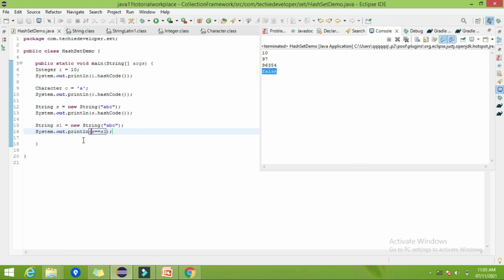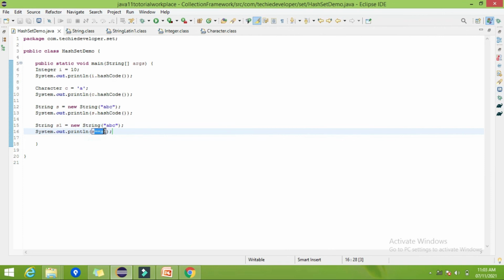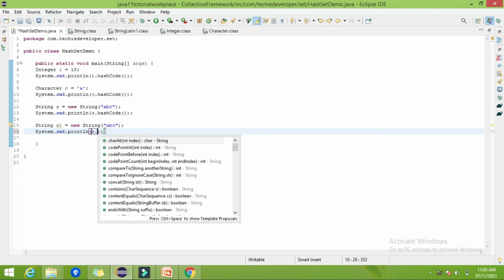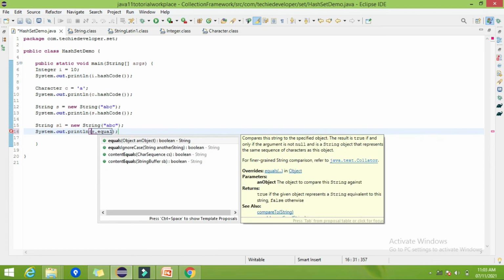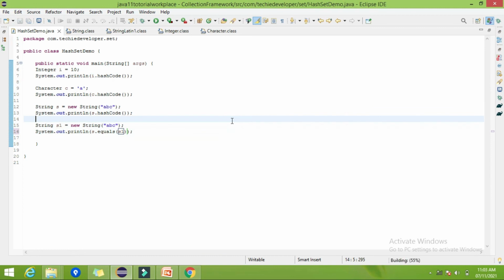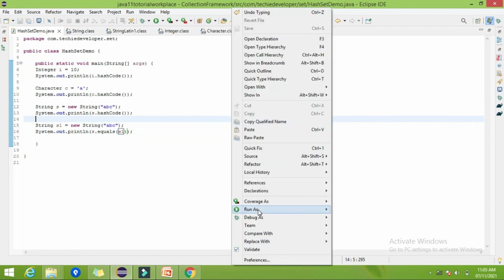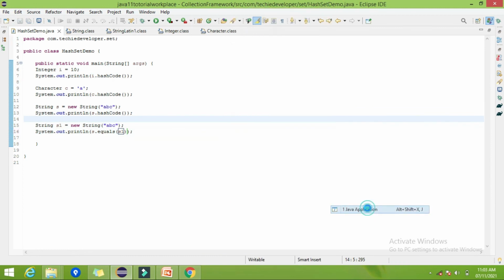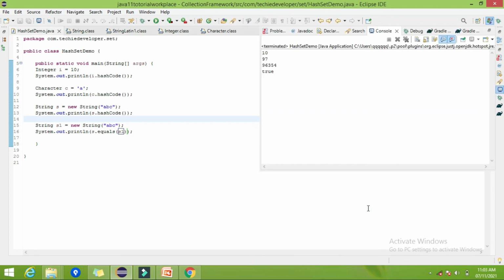So if you write the equals method with s1, then you will find it is returning true. Here it is. So the String class has already overridden the equals method as well. It has overridden the equals as well as the hashCode method.